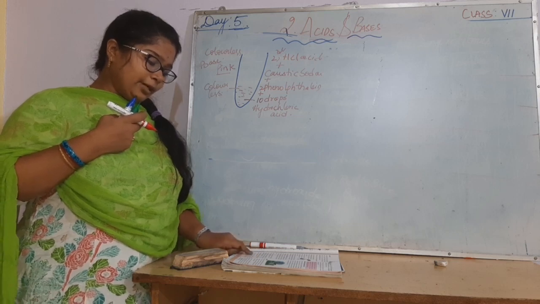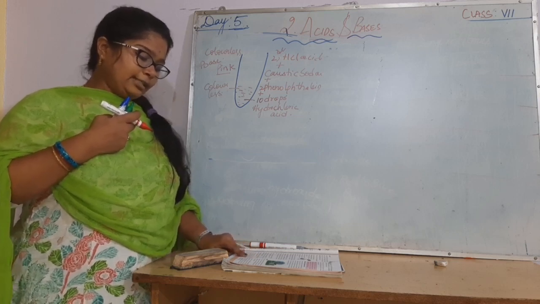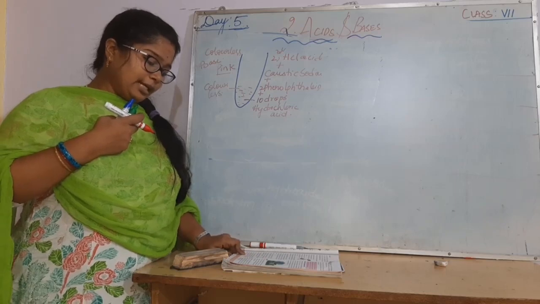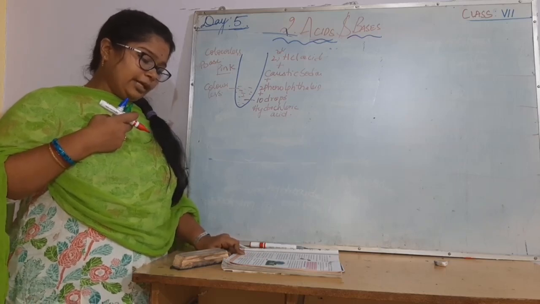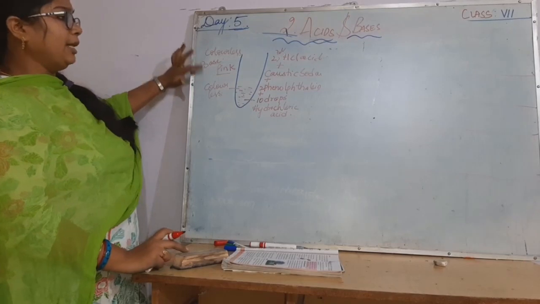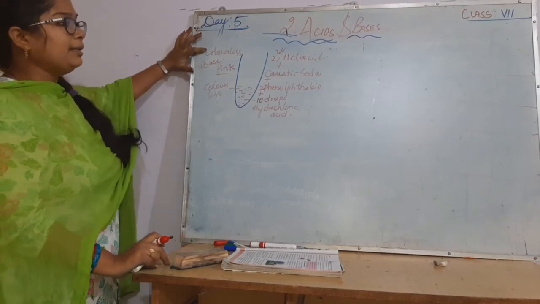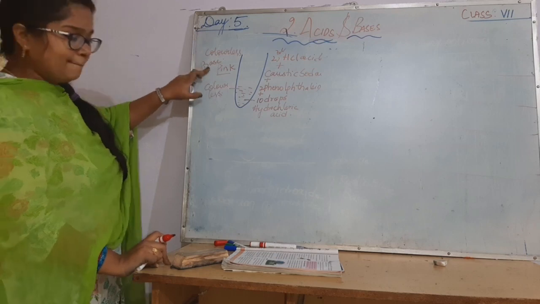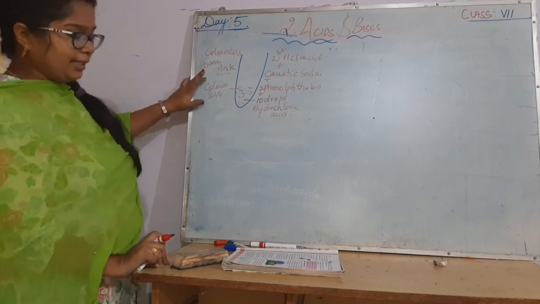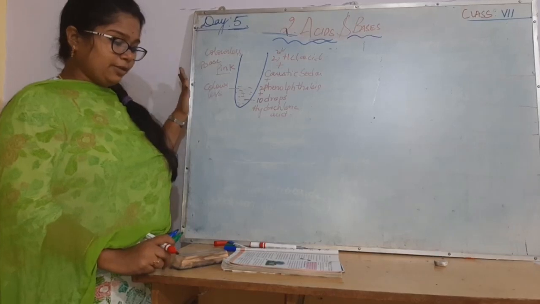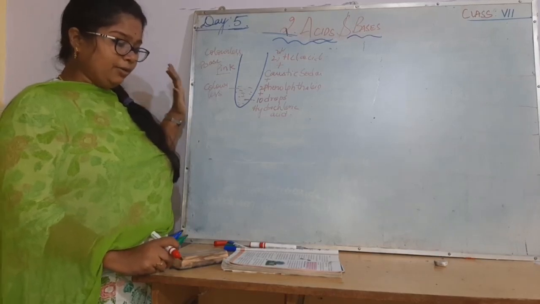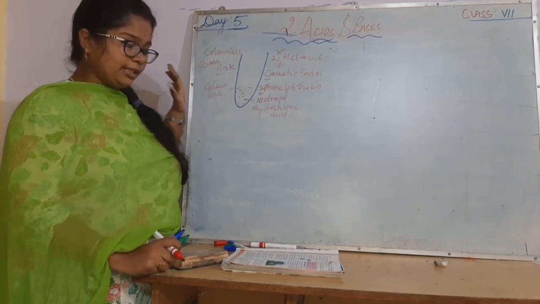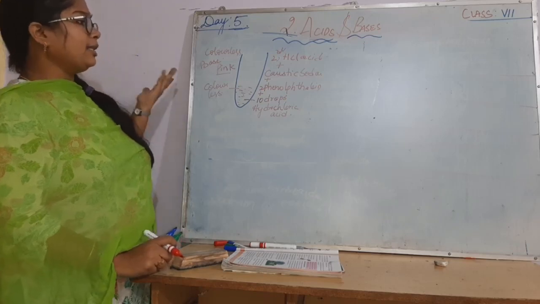In the above experiment, you might have noticed that if we add excess base to the acid, it converts into a base. Similarly, if you add more acid to the base, it becomes acidic in nature. To the acid, if you add more base, it becomes basic in nature. So if you are given a solution of hydrochloric acid, how can you make it a solution which is neither acidic nor basic? Means what? Neither acidic nor basic.